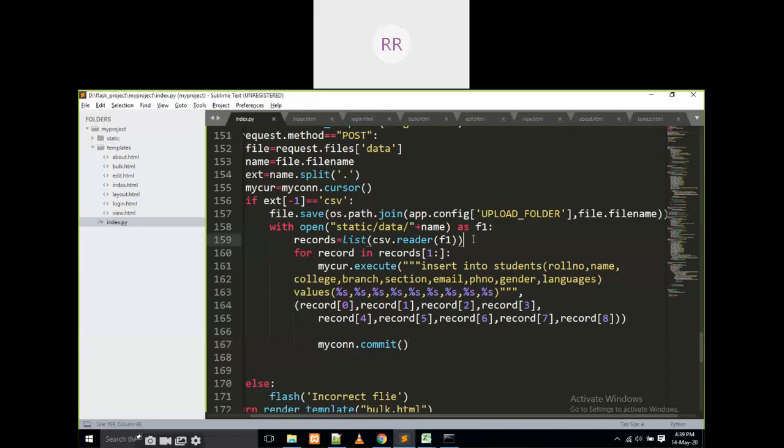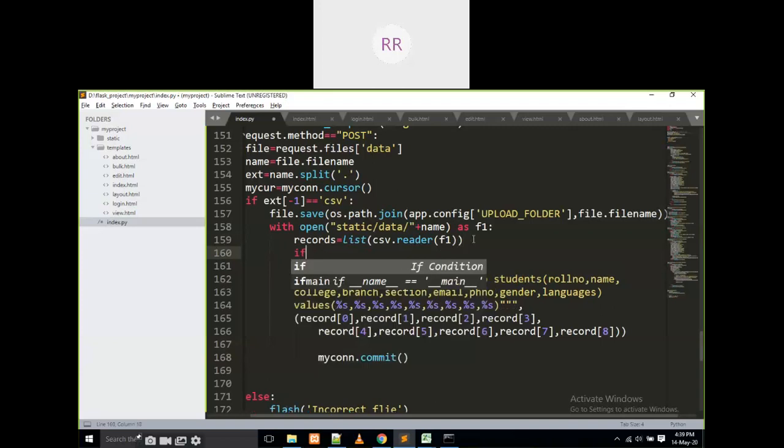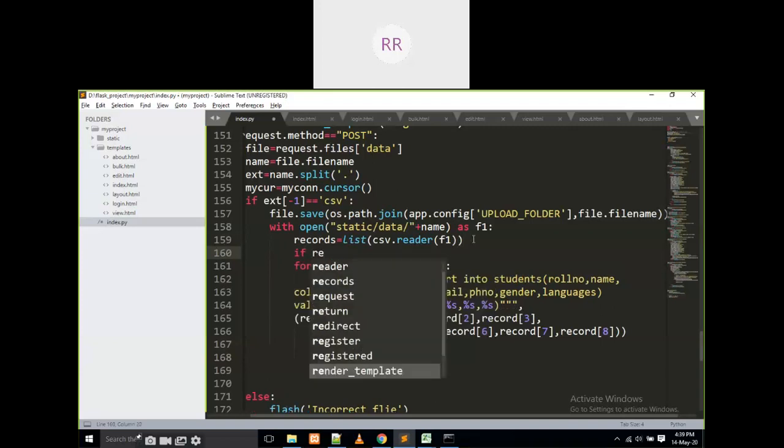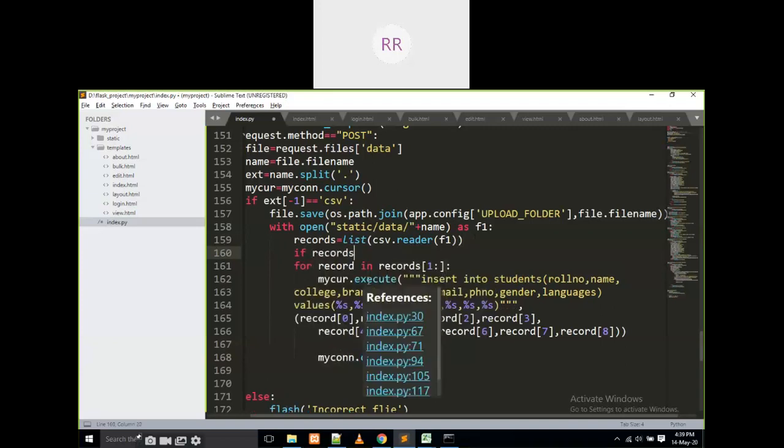That means here I am going to write if the length of records of 0 is equal to 9.